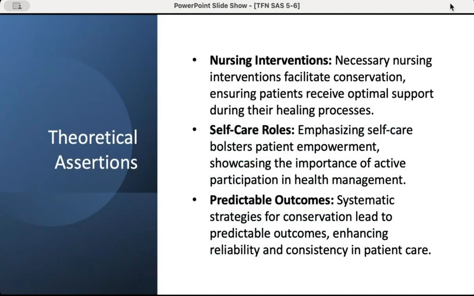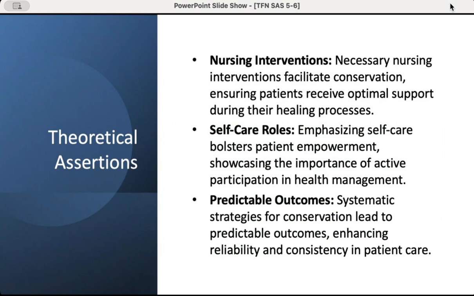So we have theoretical assertions that necessary nursing interventions facilitate conservation, ensuring patients receive optimal support during their healing process. It's very important when we provide intervention to our patient, we also have to consider assessing the optimal wellness of our patient. With the support that we are giving to our patient through these nursing interventions, what are examples of nursing interventions? When you give medications, when you do suctioning, when you do certain procedures, as a very good example, suctioning,